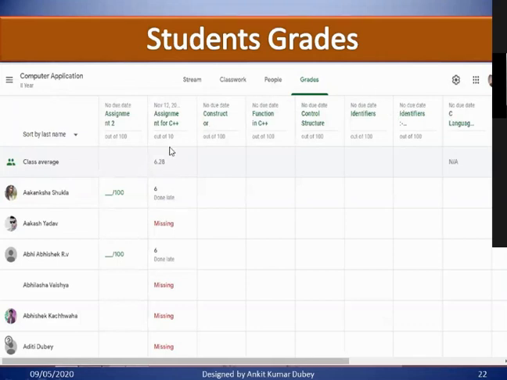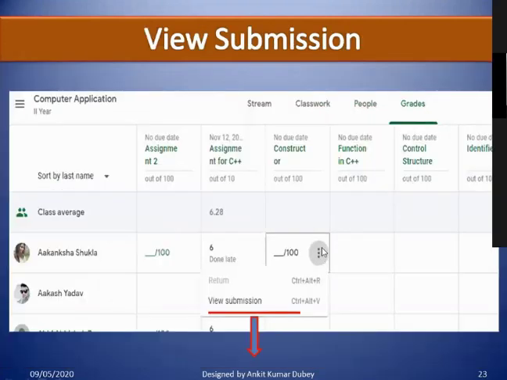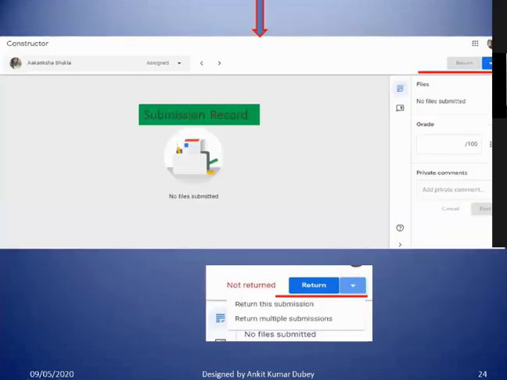Now I have given them some marks. What you have to do is go to the name of the student and under the assignment, click on this icon and you will find the view submission option. When you click view submission, you will be redirected to this page.